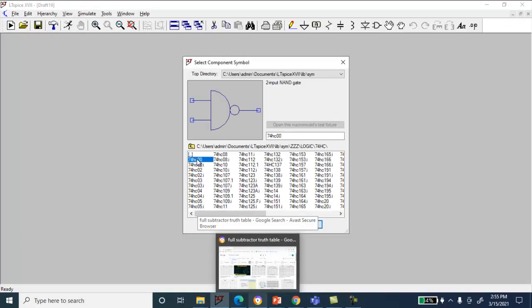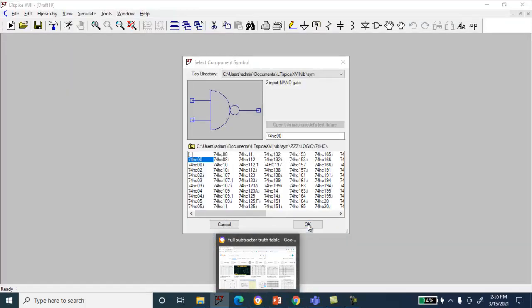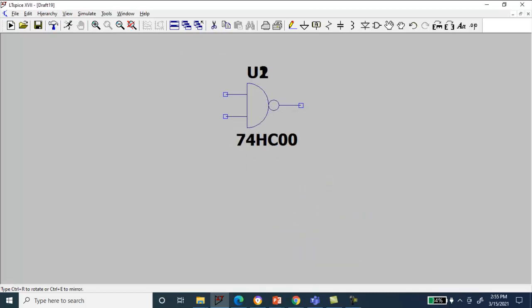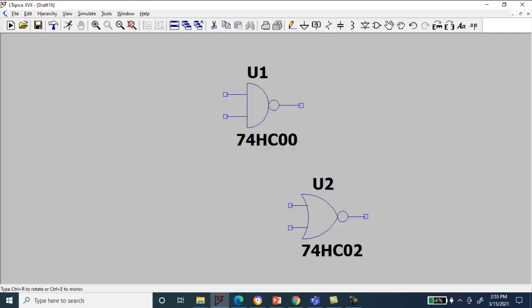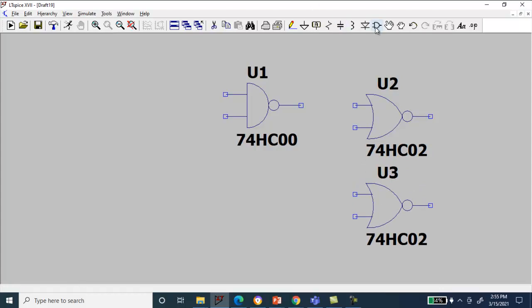So, 1 NAND gate, let me paste it first. Let me paste this NAND gate, and then 2 NOR gates, NOR 7402. So 2 NOR gates and 1 NOR gate.